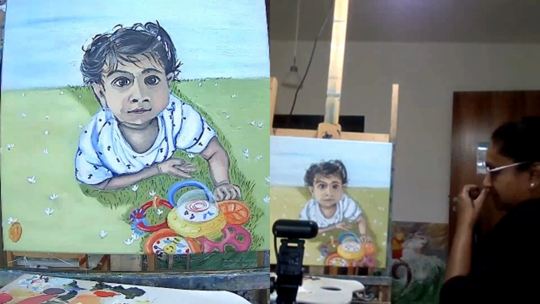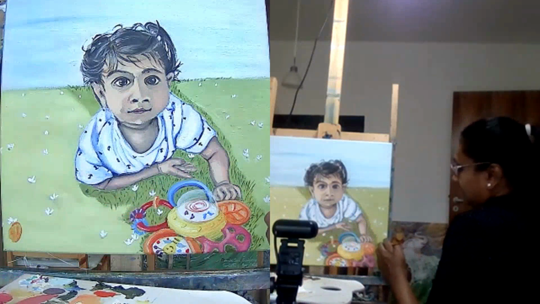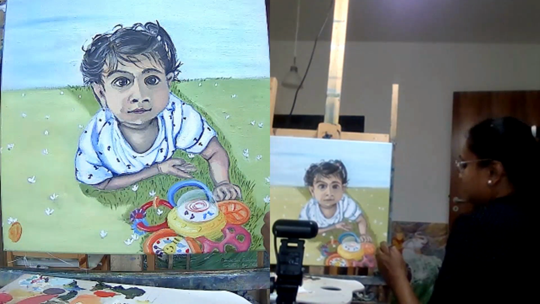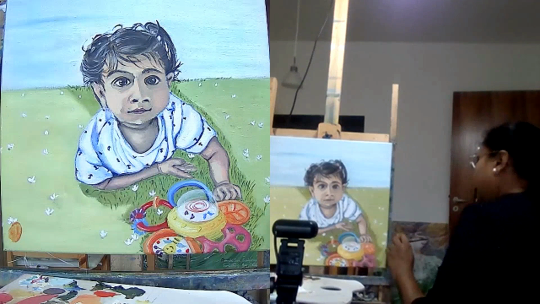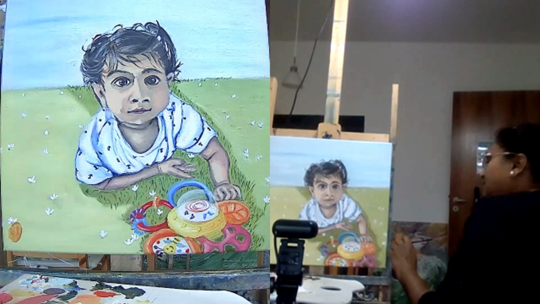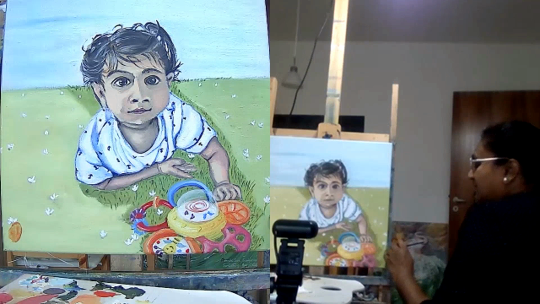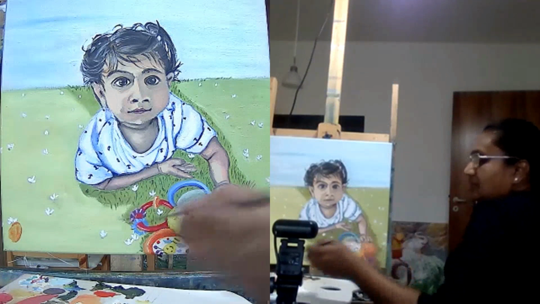I'm going to use this here for these flowers. Underneath the flowers, I want a little bit of detailing. I want to show those lines coming up. There's another flower here on the side that I made, so I'm just bringing that down.